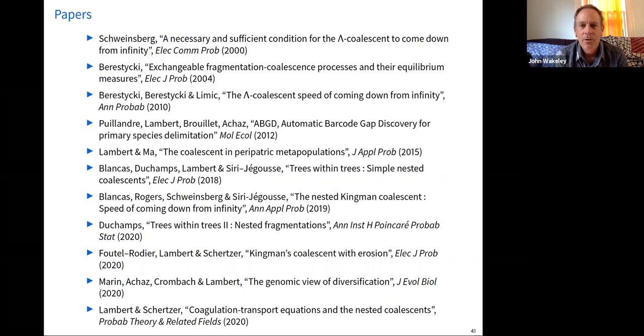In the peripheral isolate model, you made the assumption, if I remember right, that when an isolate was formed, it was formed by a single haploid lineage, and then grew somehow. And in the other models you presented, you did not make an assumption like that, right? In the erosion model, for instance, it looked like all individuals were immediately duplicated and formed a new lineage. I wonder if you could talk about why you make those two different assumptions in models that are, at least superficially from a biological standpoint, pretty similar, and whether there's some reason for doing it.